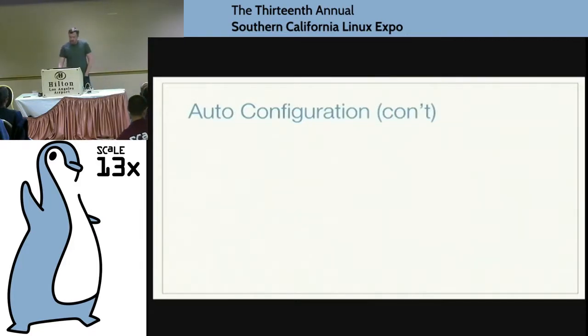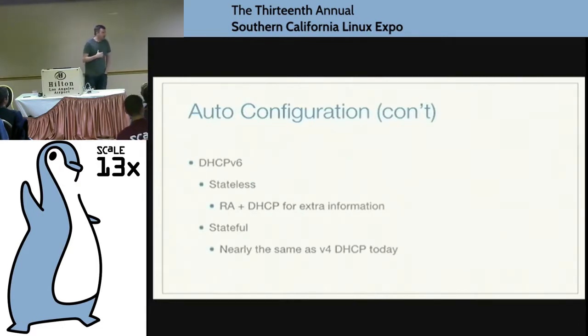If you want to use DHCPv6, they added that as an option as well, and there are two modes for that. One is stateless, so you get the router advertisement with the auto-configured address, but they realized that with router advertisements, you could not pass extra options to certain clients. So maybe you wanted to pass options for TFTP, like where to boot from, if you wanted to download an image. So you could do RA and then configure a DHCP server, where in the RA bits you say, here's your address, but by the way, make a DHCP request as well to get additional information. That way you get the auto configuration side as well as the ability to pass extra options.